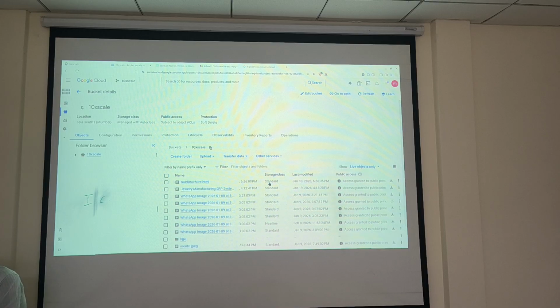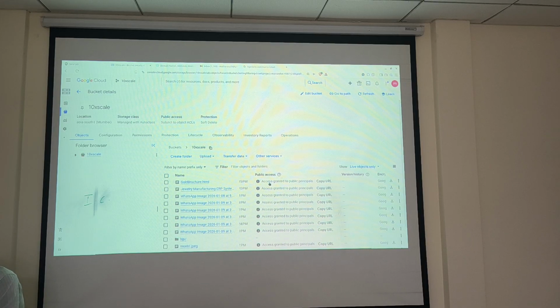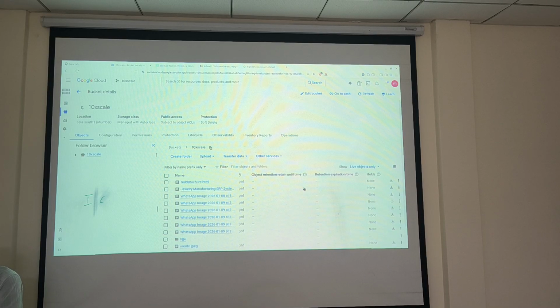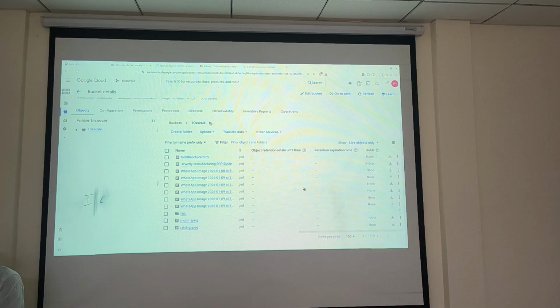Size, created, storage, plus cost, modified, public access. So here I can give public access. If I give it publicly and share the link, anyone can access this file. Okay, so I think one more column will be there, but I think I disabled that column. Here I can add that column actually. I didn't add it, I guess. Okay, so one column will be there.